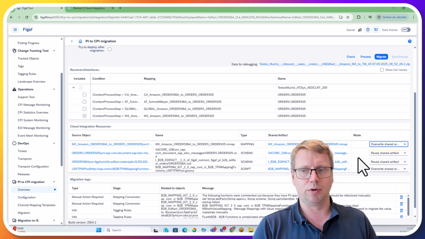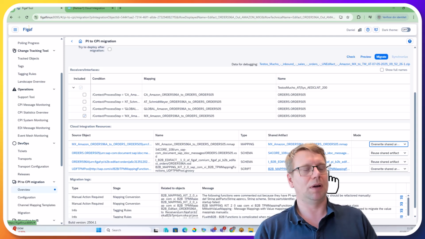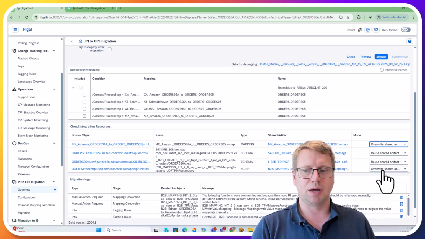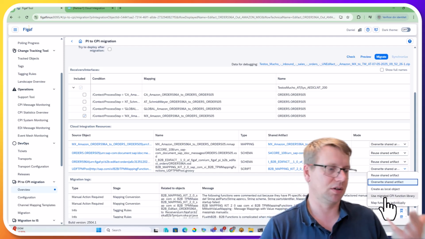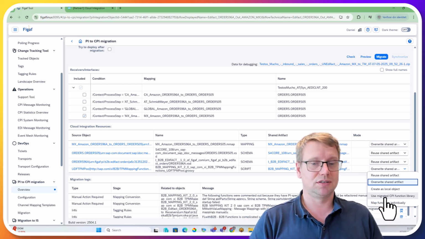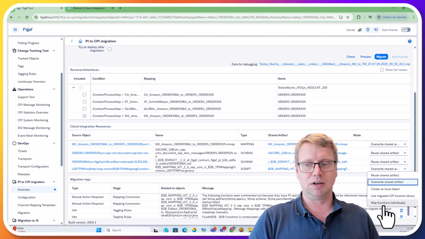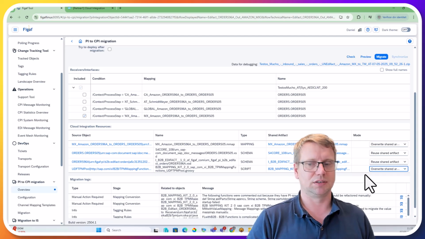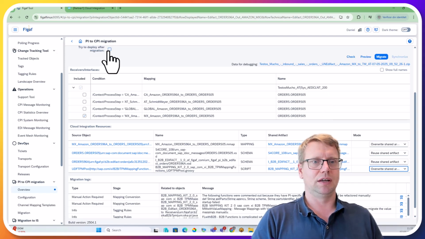We're saying we want to overwrite the shared mapping. This means Figaf will keep a version of this, and the same for the UDF. For some of the TPM node pool, you want to use the CPI function libraries, because they have the ability to have all values of a queue, which is obviously important in some cases. So you can mix and match between the different ones, and you can even map functions individually. For now, we'll just use the override shared artifacts and ensure that we would continuously update this. Then we just select migrate,